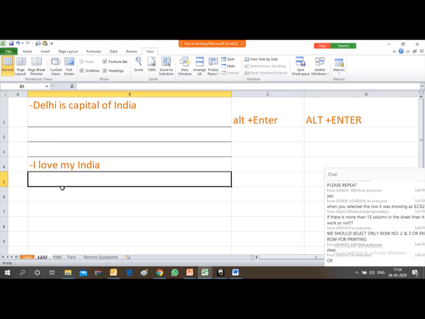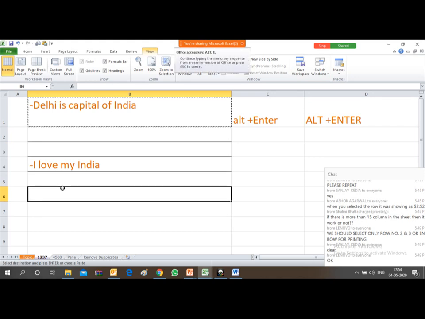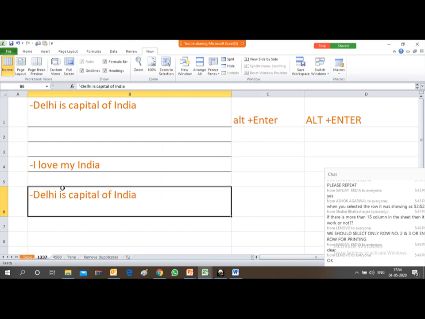Friends, whatever we have discussed so far, if you want to copy it, you can copy it, and if you want to paste in another cell, you can paste it with the formulas we have learned. So just the copy and paste function is there. But if I want to paste "Delhi is capital of India" within this cell where I have written "I love my India", how can we do this?